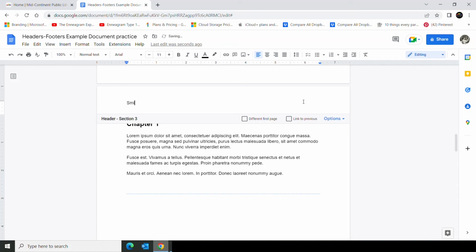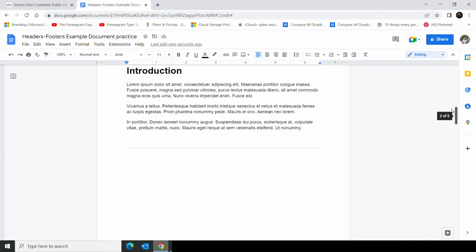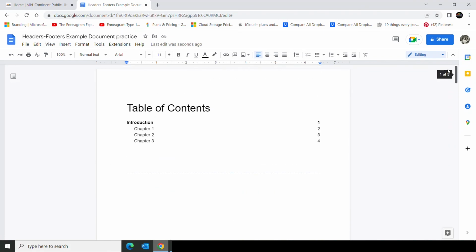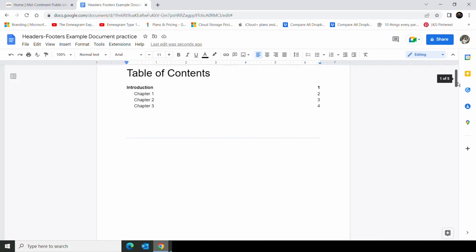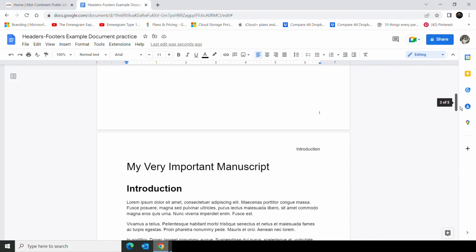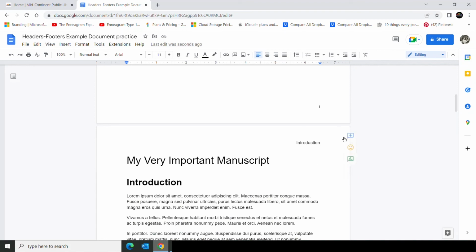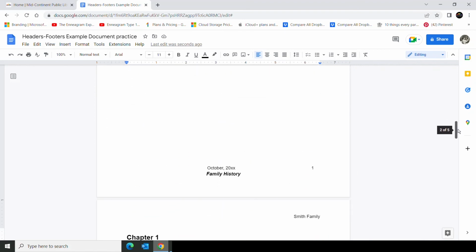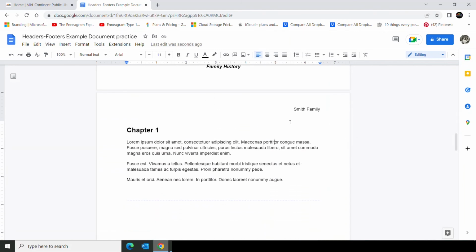Let's type Smith family, and I'd like to right align that. When I go back up to the top, I still have the table of contents without any kind of a problem. I have the introduction with this introduction header. I have chapter 1 as the Smith family, and this could go for pages and pages, but we have the